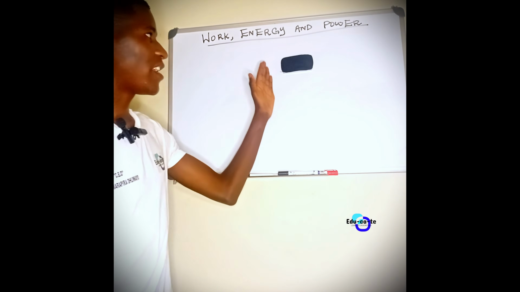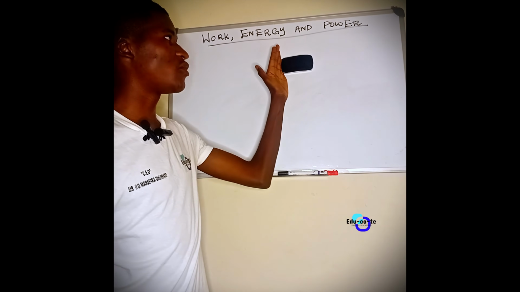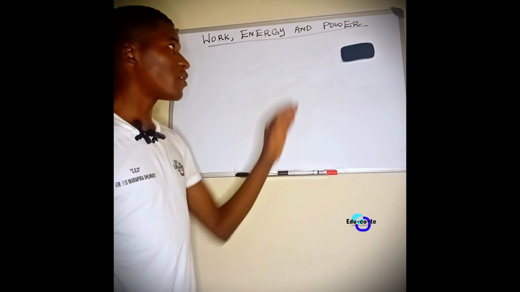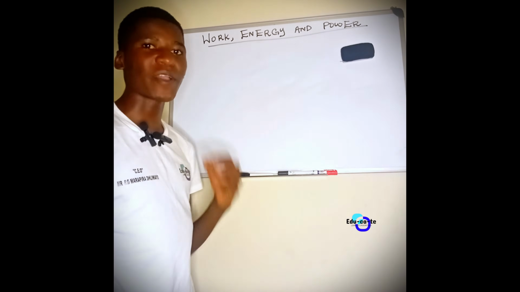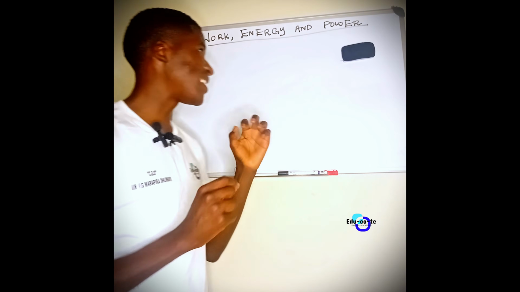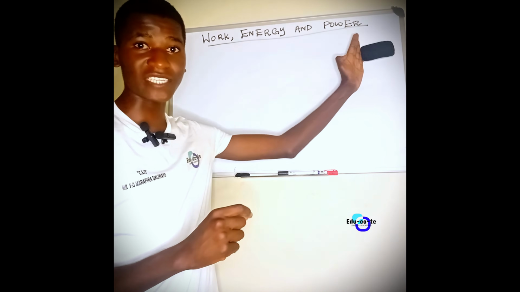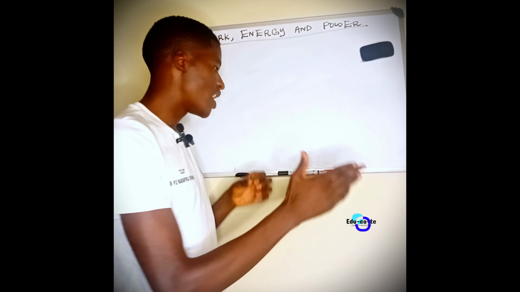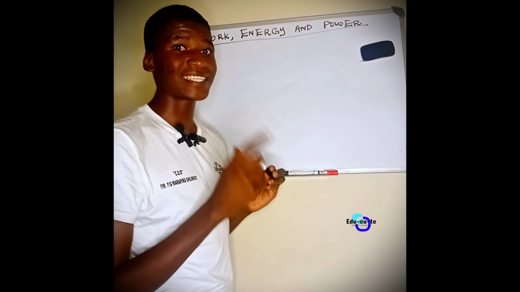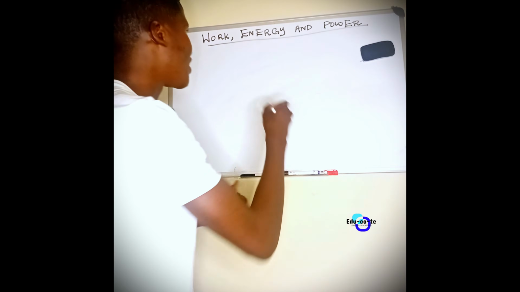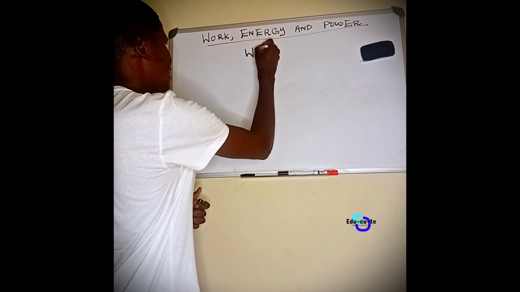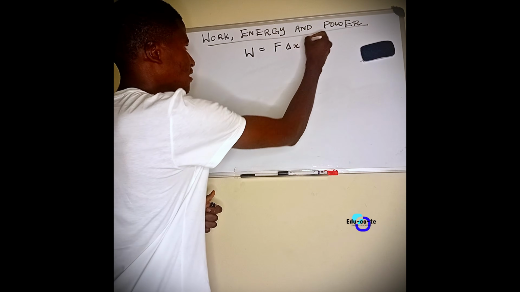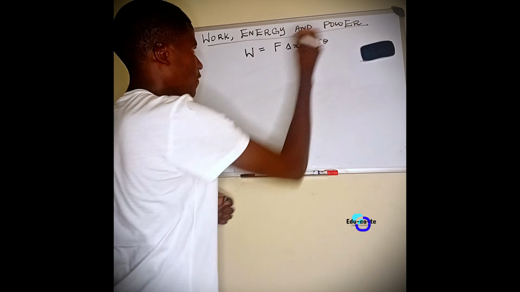You already know that for you to be able to move an object, you need to apply a force to it so that it moves. So in actual fact, when you apply a force on an object, you are actually giving it work. The force that you apply on an object causes the object to have enough energy so that it can move. To find the work done by a certain force, the basic definition says work is equal to force times the displacement with a cos of theta.